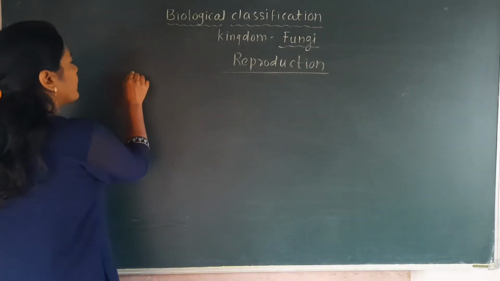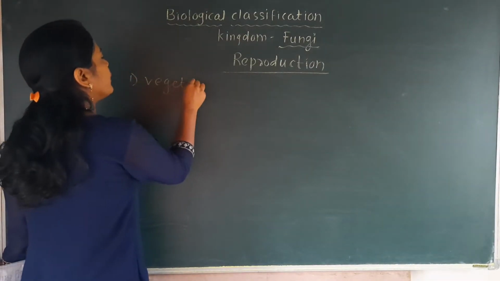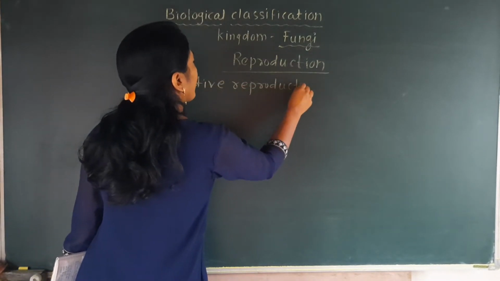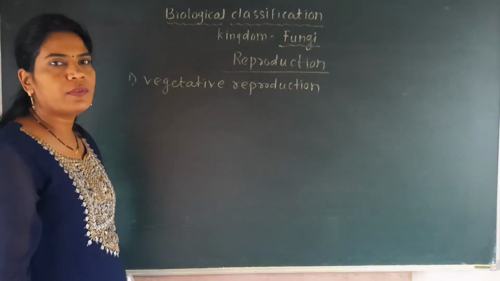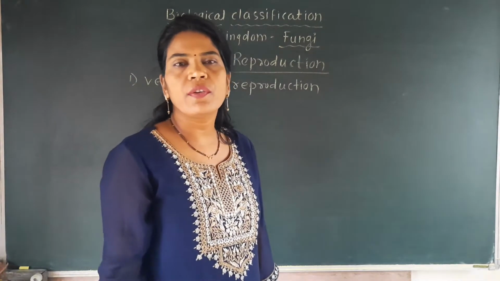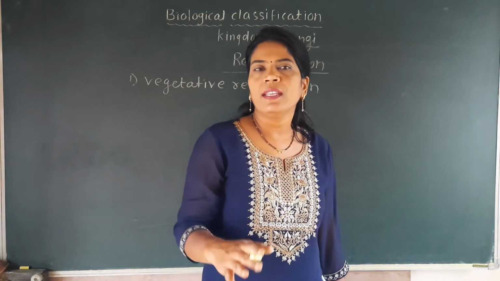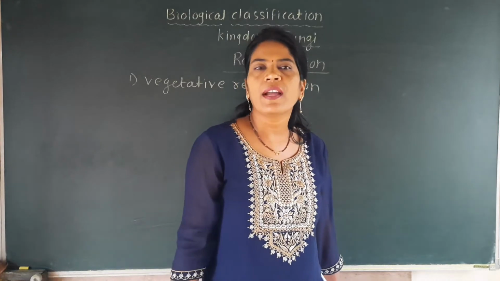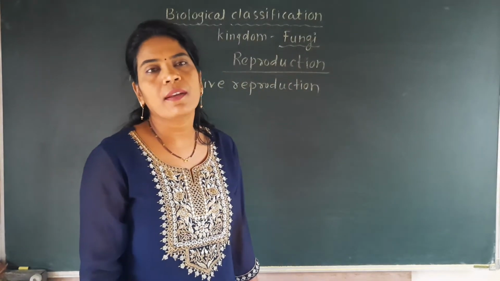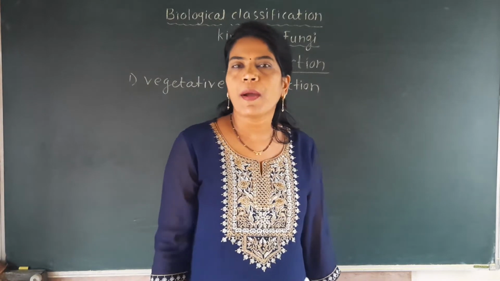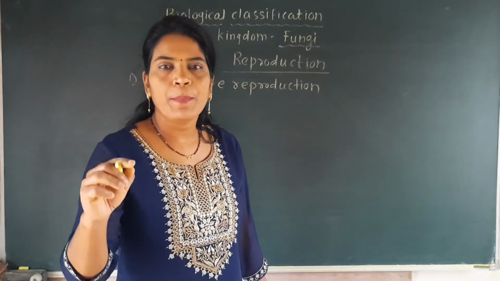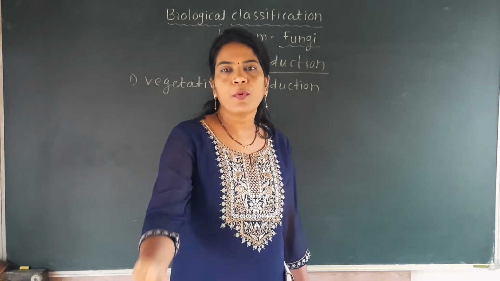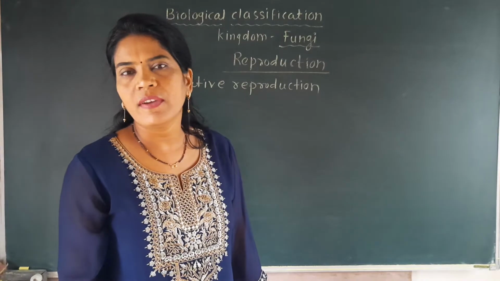So the first method of reproduction is called vegetative reproduction. Then what is meant by vegetative reproduction? Here you will not find root, stem and leaves in the fungi because it is not a plant. But which part of the fungi is there? Hyphae are a part of the fungi. So if the filamentous part of the fungi gets separated from its body and produces a new young one, then we call that vegetative reproduction.